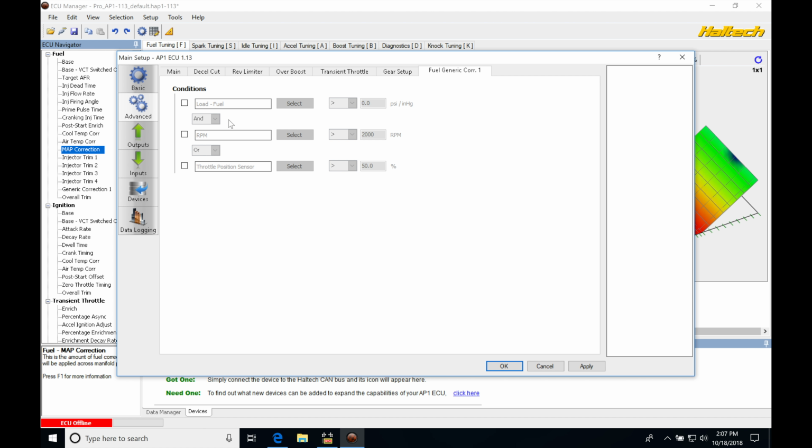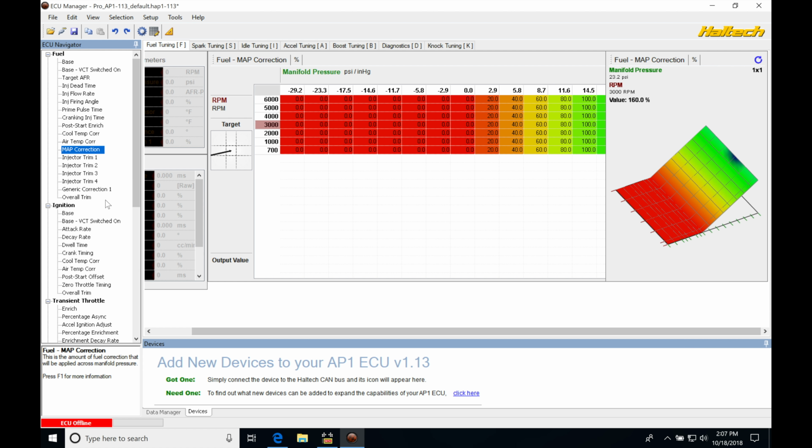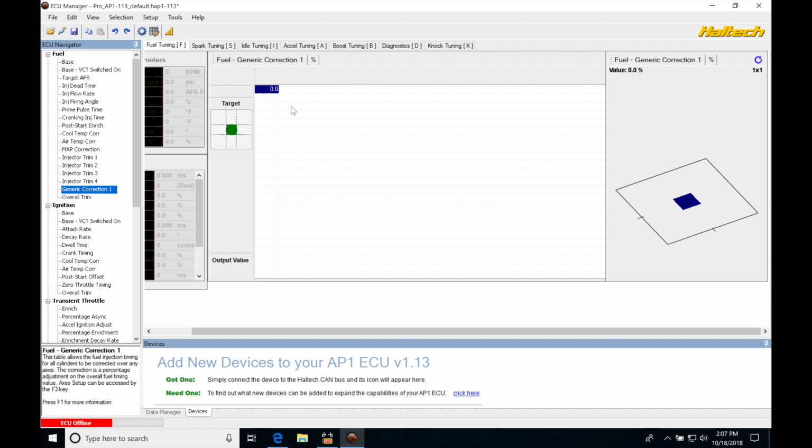Now, I normally don't use this logic conditions. I normally program whatever I want into my generic correction table here, but we have some flexibility. We have to keep in mind that we can do that. If we click apply and OK, and we jump into the correction table here, one thing, or several things, let's go through some examples of what we could use this correction table for